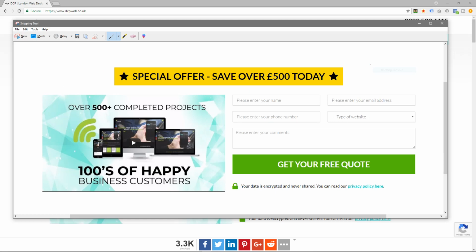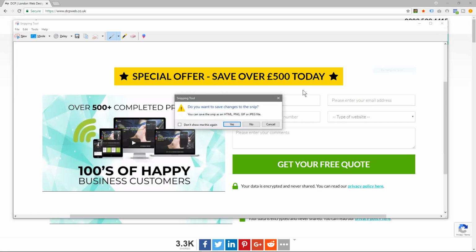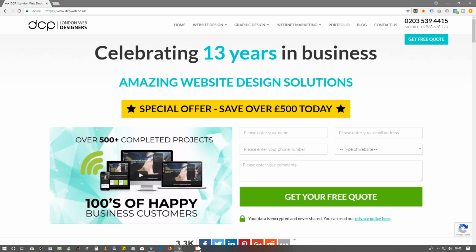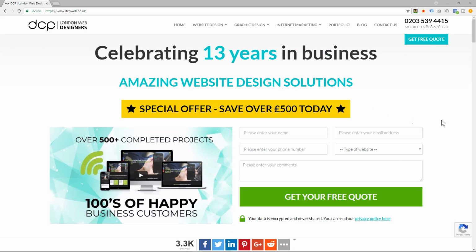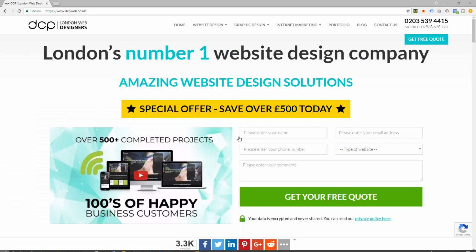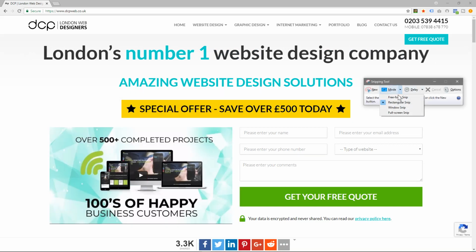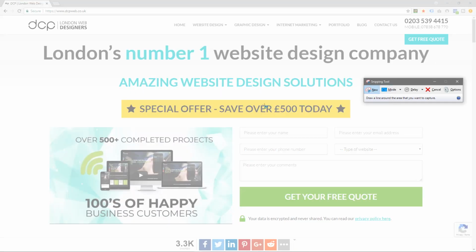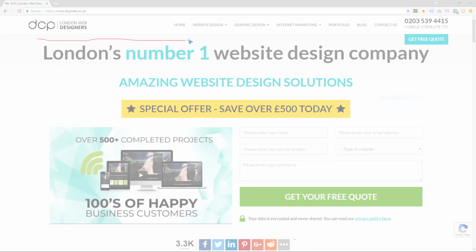So let's close this window. We don't really want to save this, and we'll go back to the snipping tool, and let's just go back to that, and in this case we'll click freeform this time, and this is almost like scissors, so you can now cut around some specific piece of information like here,